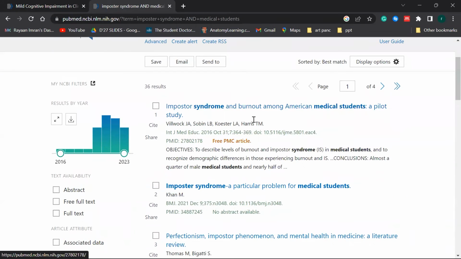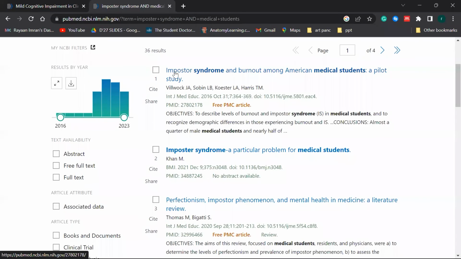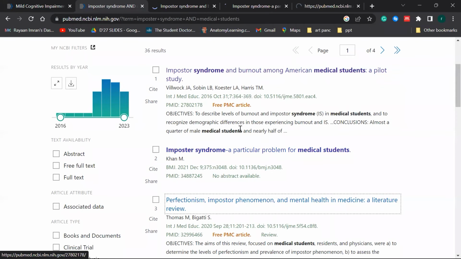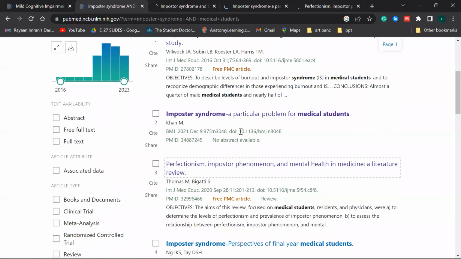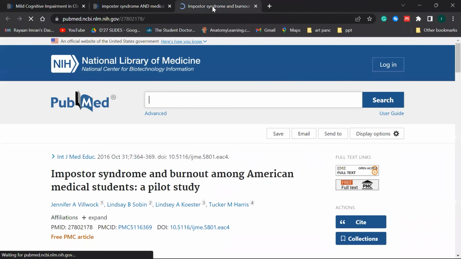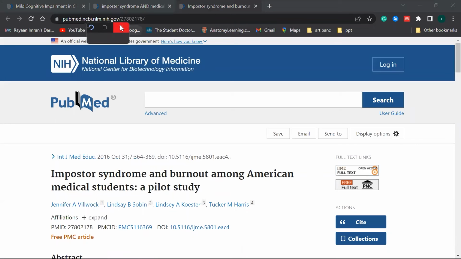So okay, imposter syndrome again. Let's say I read this particular article, number 1, and I'm going to open another tab for number 2, and number 3. Let's say I want to reference these three articles, so I go to references, I go to the articles, they're loading. Just for the sake of argument, let's say I close this, and I see this particular imposter syndrome article, and I want to do some referencing.